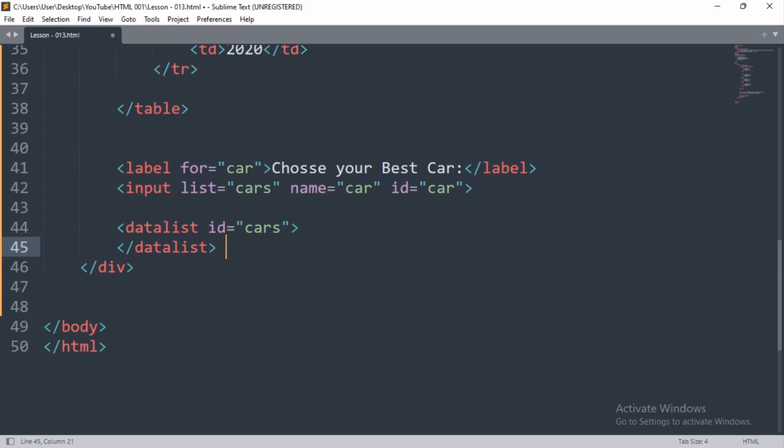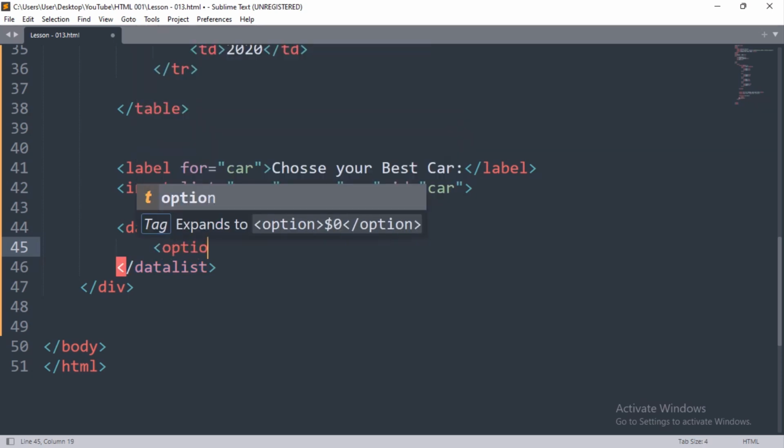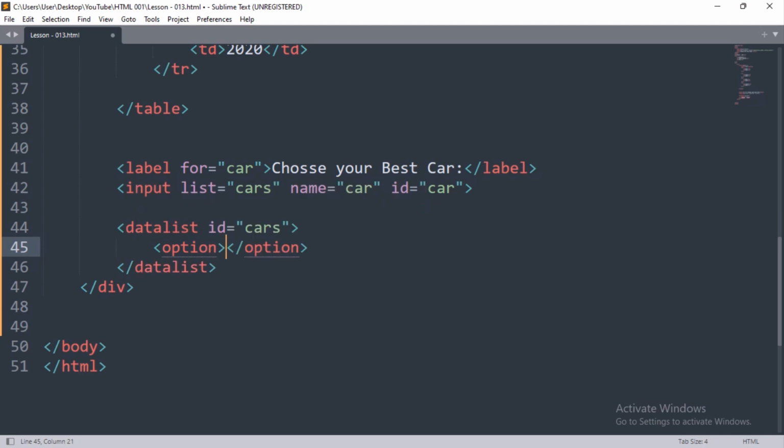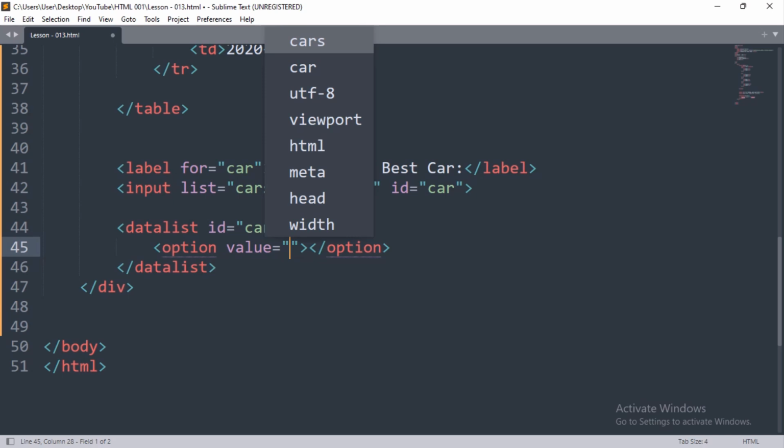Good. So now within the data list we can have options for our user to select from. We can have various options for our user to select from as well. We'll have our first option with the first car name, and our second option with the next car name. So guys, let us get to that quickly. See option now, so we add the value of the option. We say